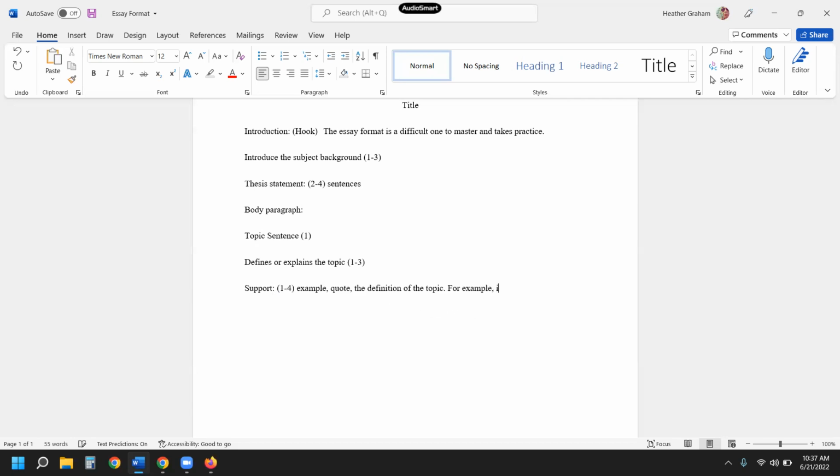For example, is what we could call a connector or transitional phrase. Following that, you will then explain the example, right? So let me think of what I usually say on that, but you'll show analysis of support,